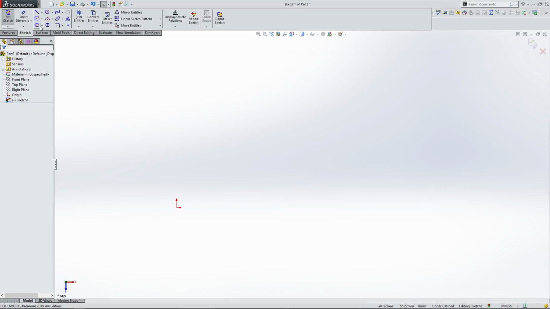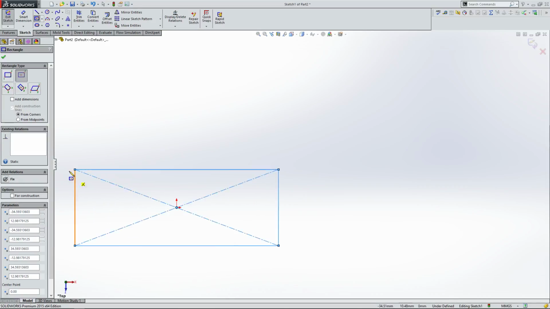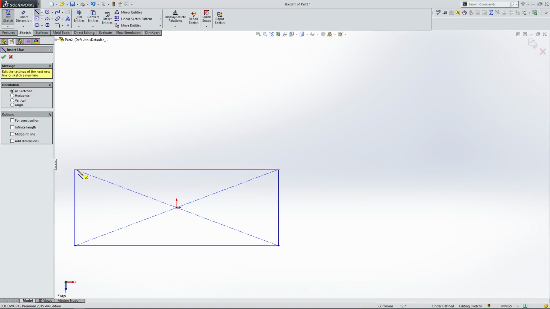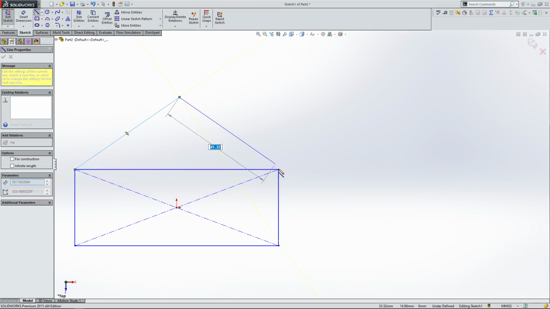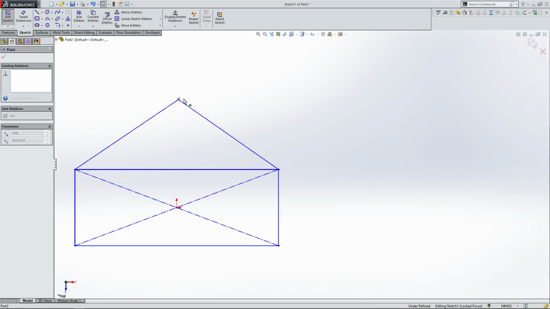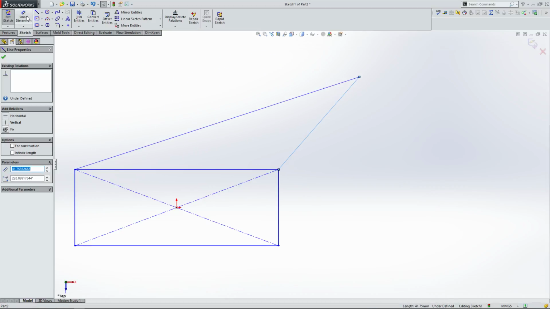Like I said before, this is something that just comes with practice. It comes with getting used to all the tools. I hope you were able to get some value out of this. I know I'm going a little bit quickly. Really, the best way to learn is from playing around and working with the lines and constraints. For instance, I can drag this over here. I can create a dimension between these two,